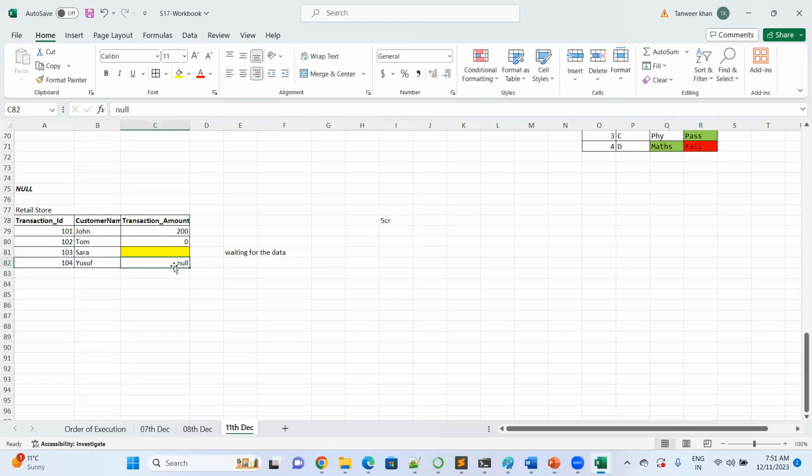Maybe after one day, you will get clear-cut information that yes, Yusuf has done this transaction of 1 million or something, 0.1 million or thousand, whatever the amount will be. Then you will update it here with the correct value. But as of now, when you don't know what exactly happened, we mark it as a null. Maybe Yusuf has visited the store and he was not interested in any of the products. So when I receive the information that Yusuf has not bought anything, I will replace this with zero. But as of now,